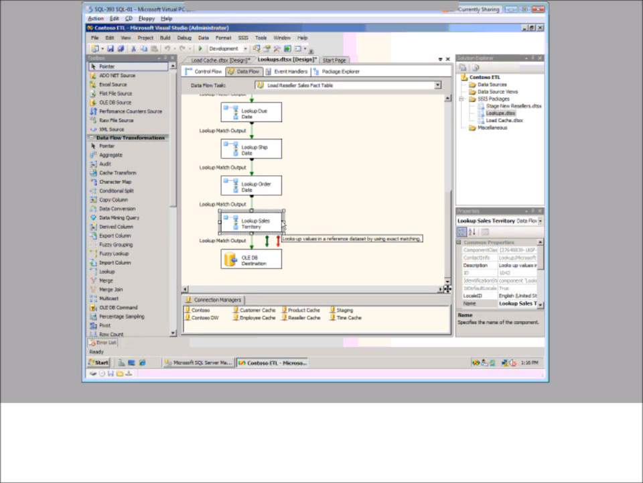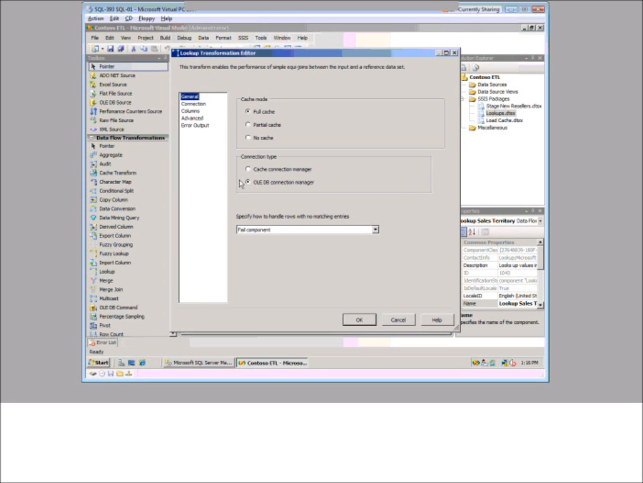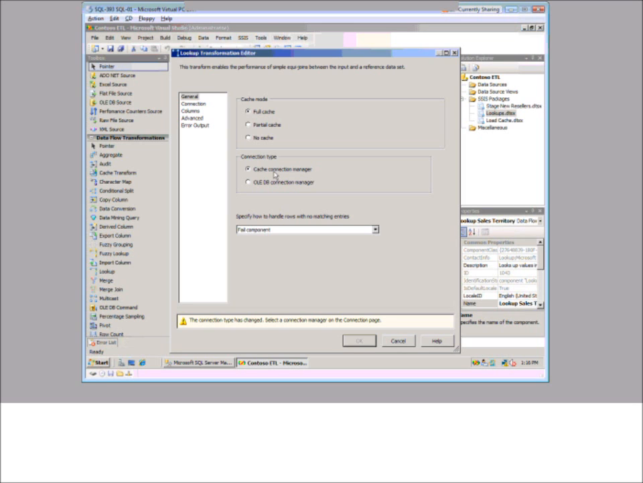So we're going to go out and work with the lookups package. And we're going to go into the sales territories. We need to modify the lookup sales territory transformation to actually use the cache file to get the sales territory key. So we're going to open this up. And one of the things we want to do is change the connection type to cache connection manager. So we use the cache connection. Now we can tell it to specify how to handle the rows. So remember we talked about that as one of the changes, how to handle rows with no matching entries. We're going to leave it on fail